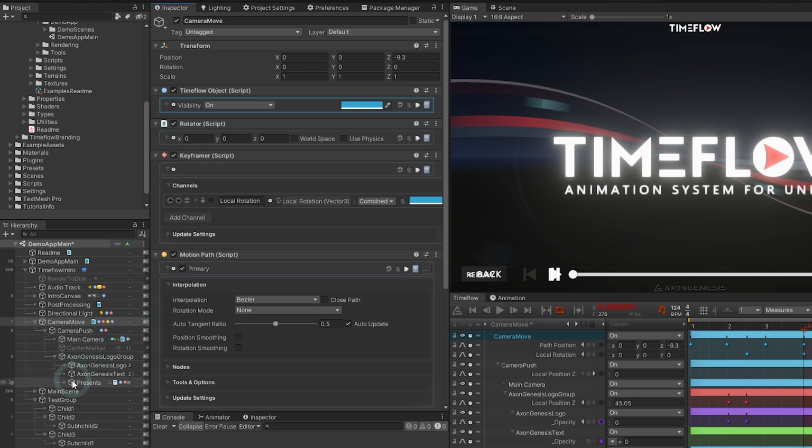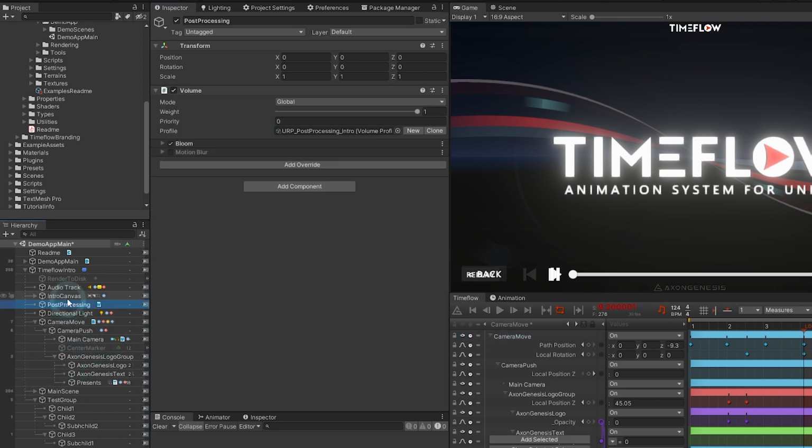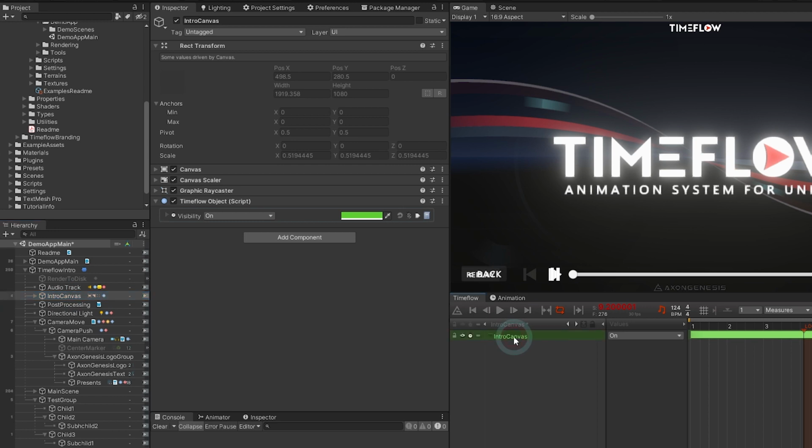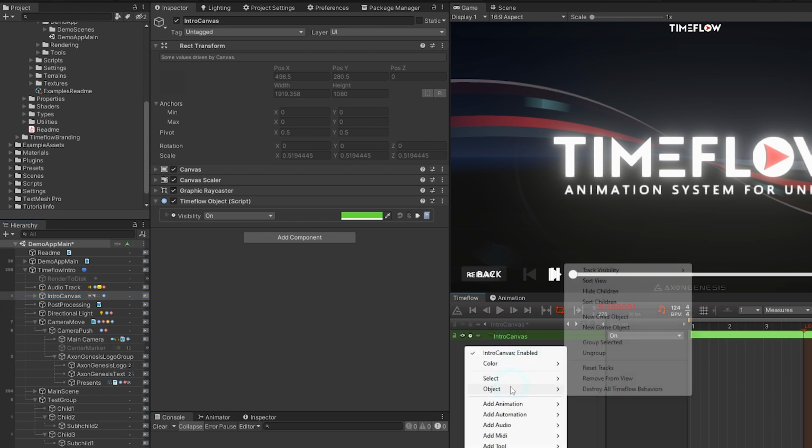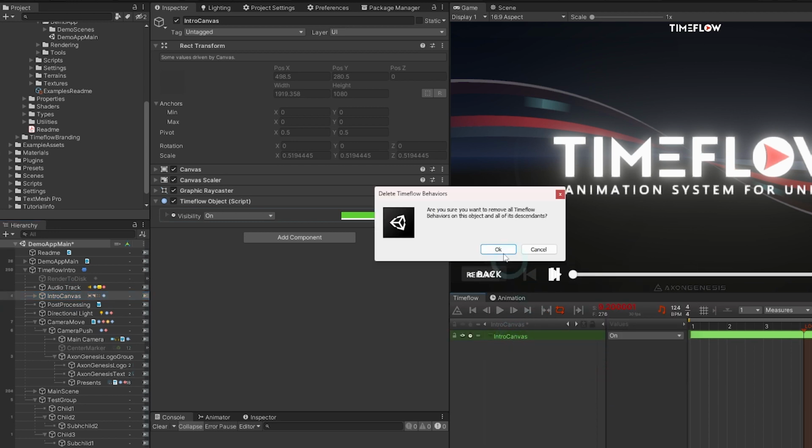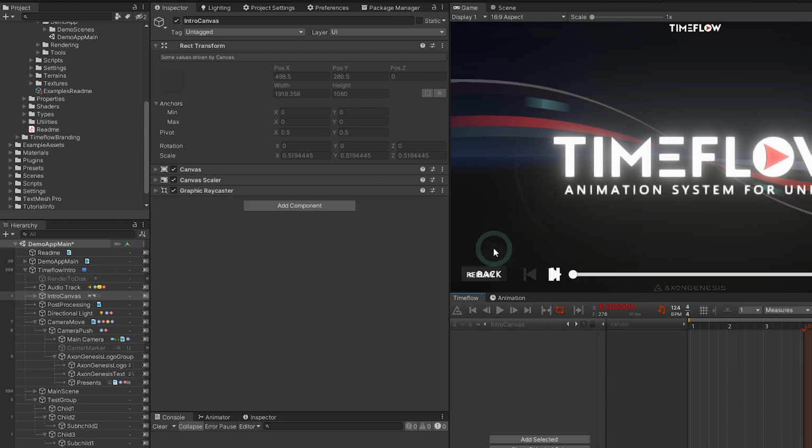If at any time you wish to fully remove an object from Timeflow, please use the context menu by right-clicking on the object and selecting Object, Destroy All Timeflow Behaviors. This removes all components related to Timeflow on the selected object, removing it from the view and restoring the object